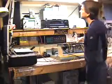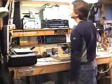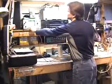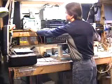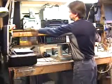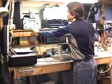I'm going to keep climbing up a little bit. We're up to, let's say, 10 volts now on the voltmeter. And the sine wave is still looking nice and clean. Now what happens with tube amplifiers is they will start to clip, but you get a nice smooth clipping at the top. So that's what we're going to go for. And I'm going to pause this for a moment so I can zoom everything